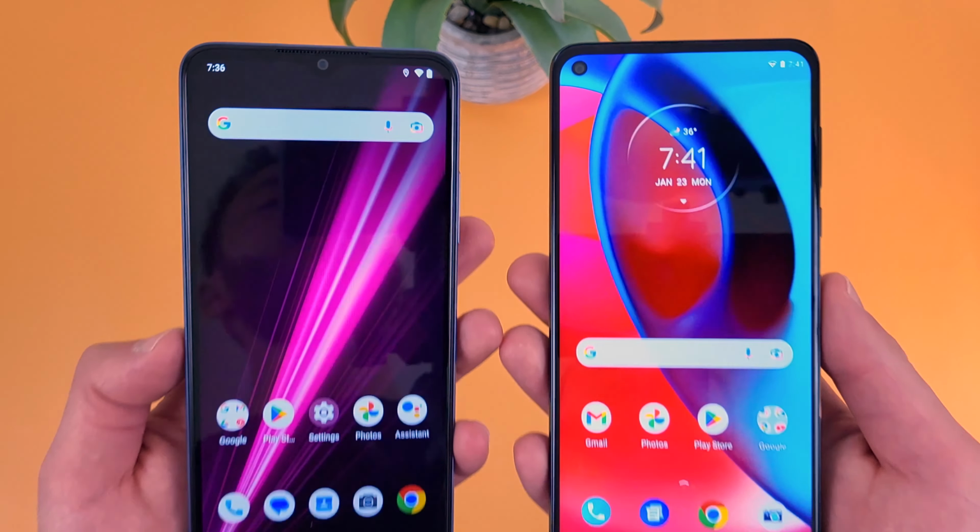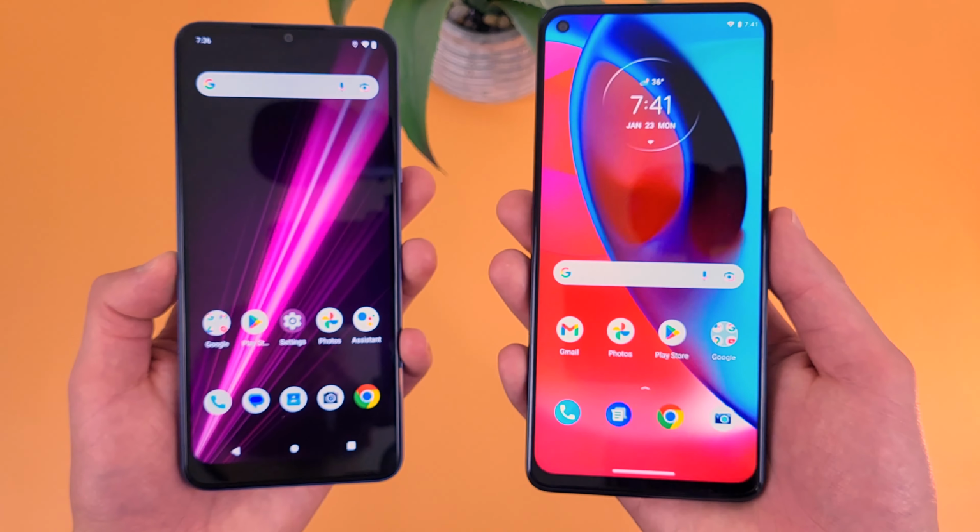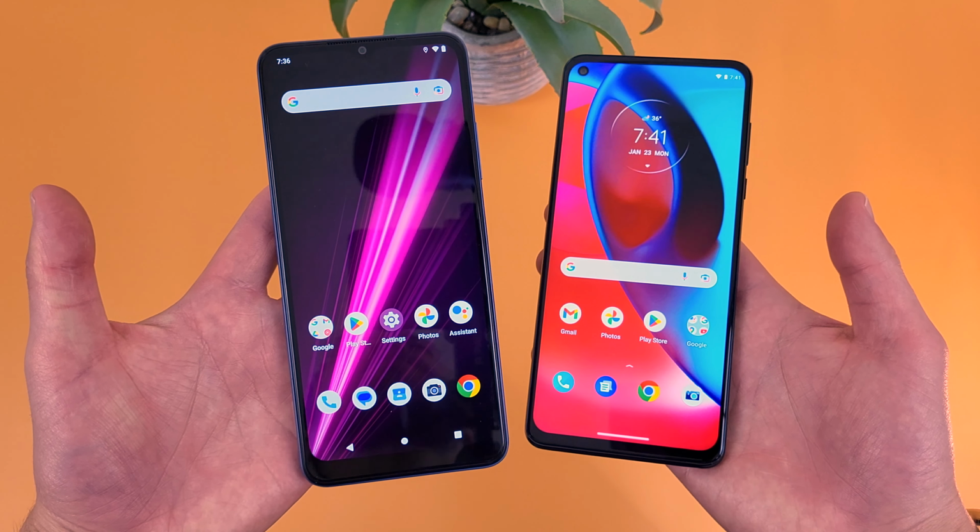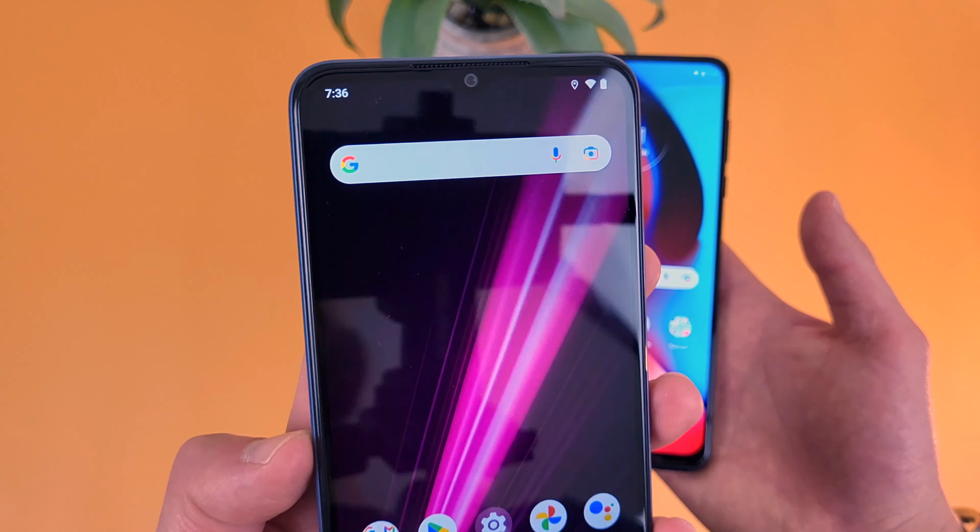And again, remember, both phones do have Face Unlock too, so if you want to use that instead, you always can. Now for the camera setups here, with the T-Mobile Revvl 6, for the front-facing camera, we got a